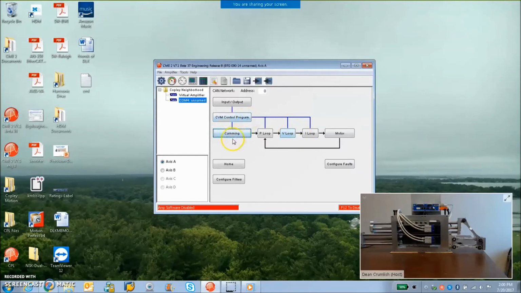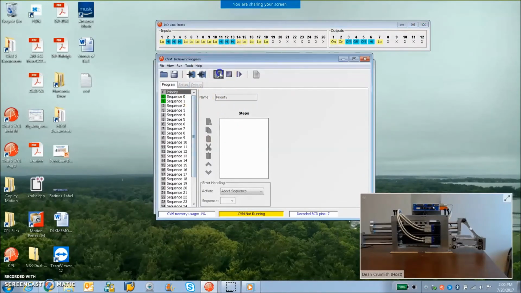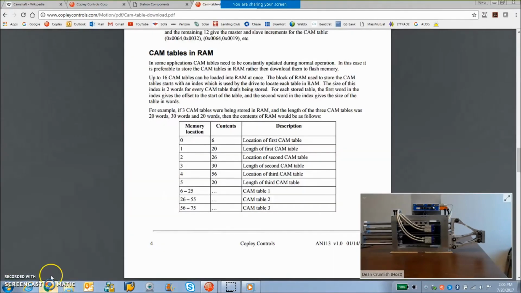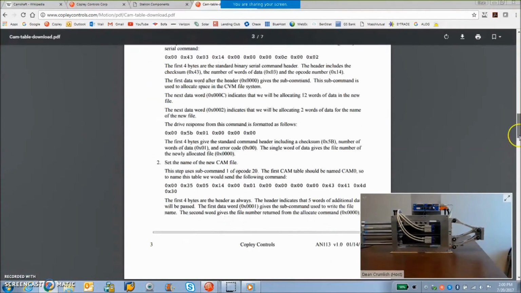But as I wanted to show you, it's also possible to do this cam table in the RAM. So we have an extra minute. Let's take a look at that. So we have